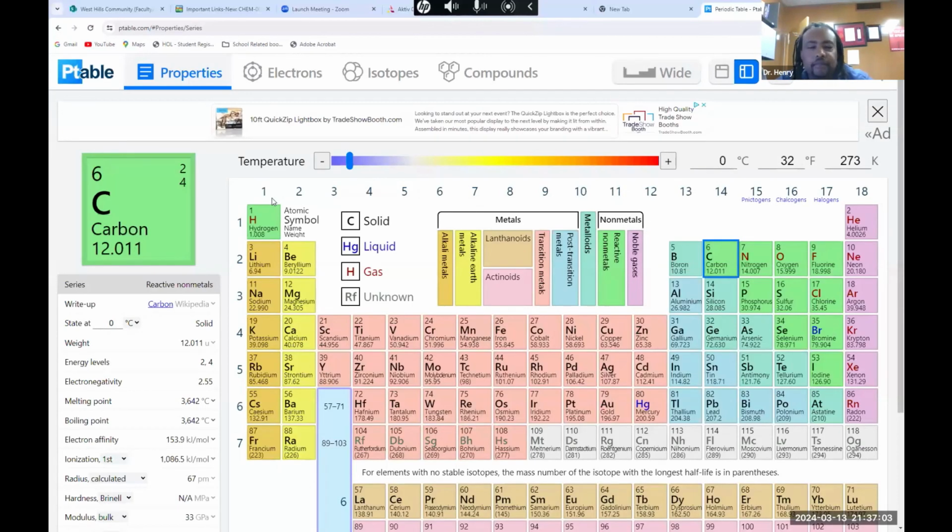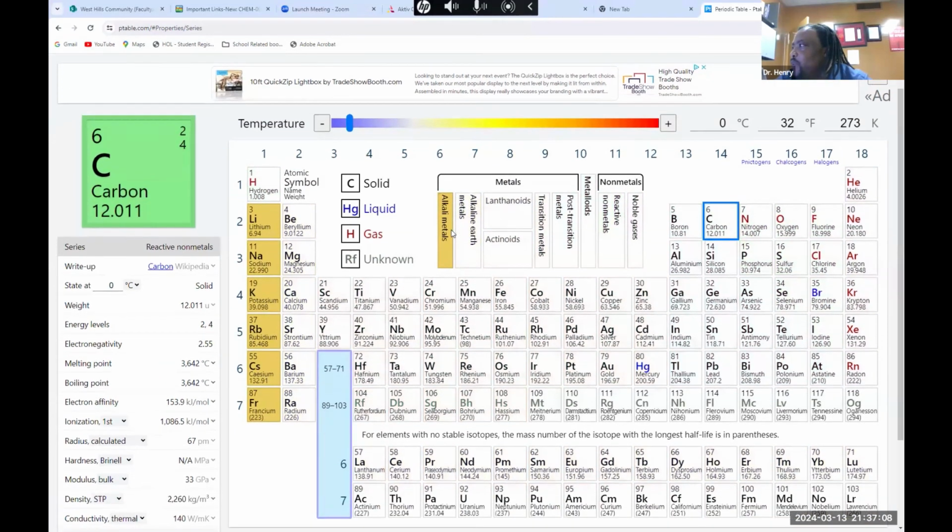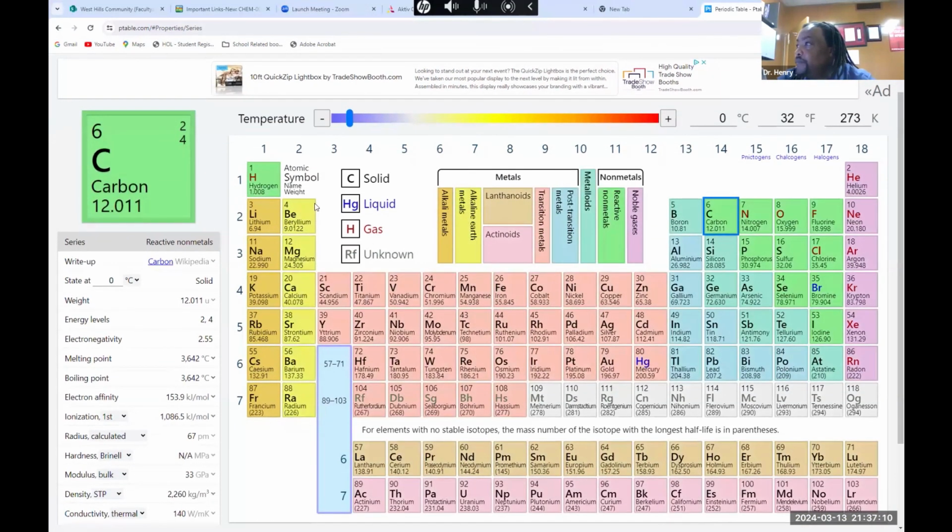I need picture in picture this class so I can have my periodic table in the corner all the time. So if we look, sodium is right here. This is where sodium is located. Now,